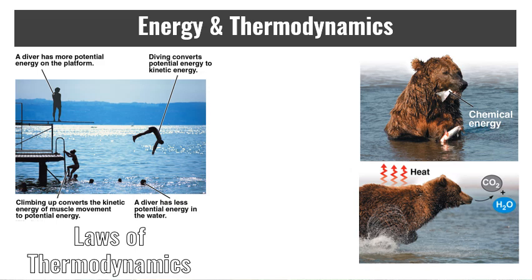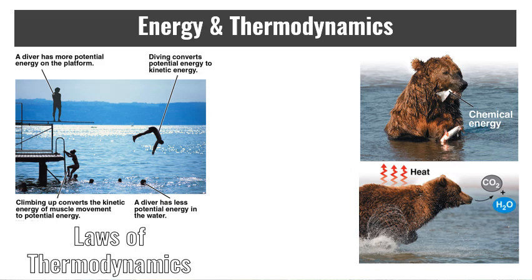When the bear eats the fish, it gets chemical energy from the fish, and it uses that energy to heat its own body, as it is an endotherm. So it's all changes in energy. But then the second law of thermodynamics says that the entropy of the universe must always increase. So while an individual organism can eat food and biosynthesize macromolecules, every time that energy and matter is changed, energy is lost, typically in the form of heat, but also